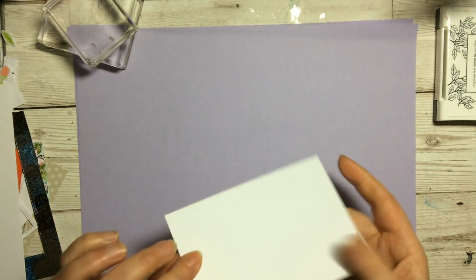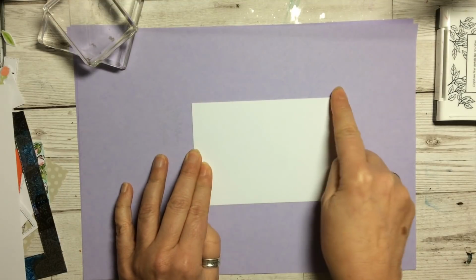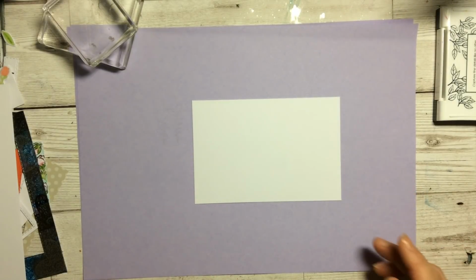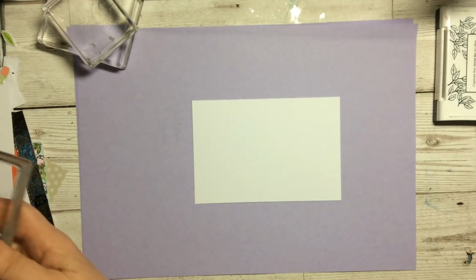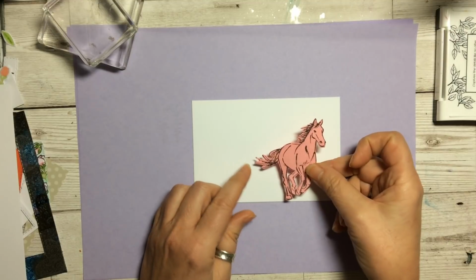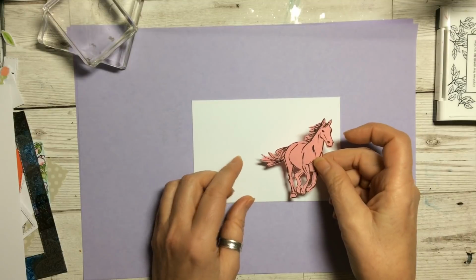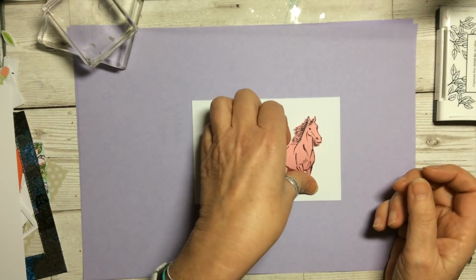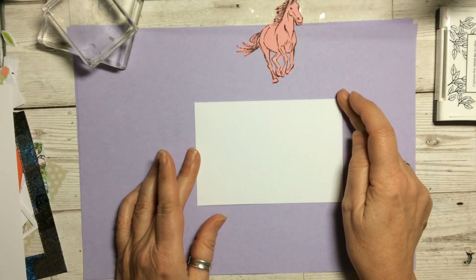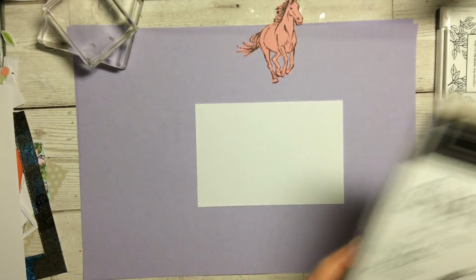So first of all, we're going to take a piece of thick Whisper White cardstock, which measures 5 1/4 inches by 3 1/2 inches. And I have cut out just with a piece of scrap paper. I've done it in a coloured copy paper so you can see it more clearly, but you want something that's fairly thin for stamping over, just a mask for the horse. And what we are going to do to start off with is we are going to stamp the horse